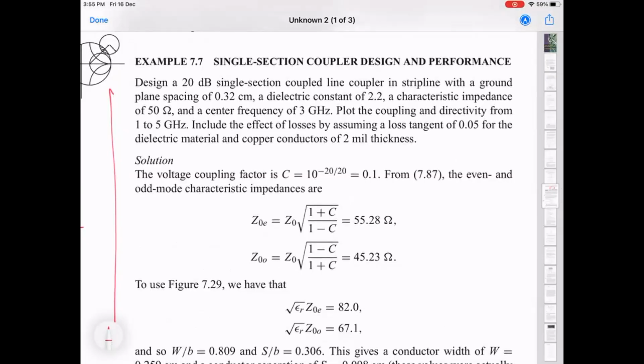It says 20 dB coupler, which means the power ratio is 0.01, which implies that C is 0.1. If you do the calculation, you get